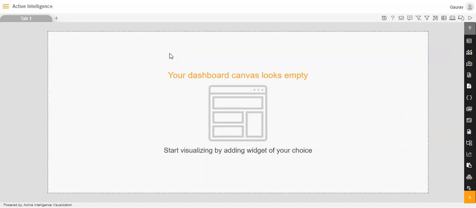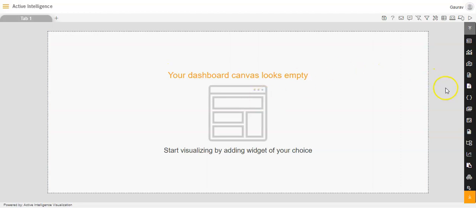In today's video, I will be giving the demo of how we can apply a filter on a widget using custom visualization. So let's get started. Before I start giving today's demo, I would like to mention that the script which will be used in the custom visualization will be provided below this video in a link. So let's start with today's demo.